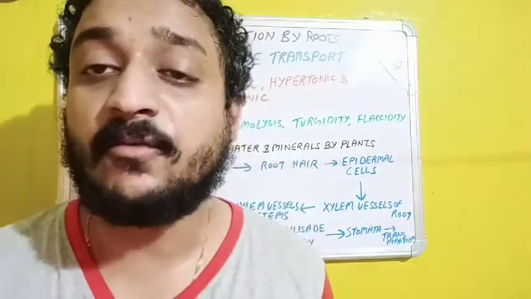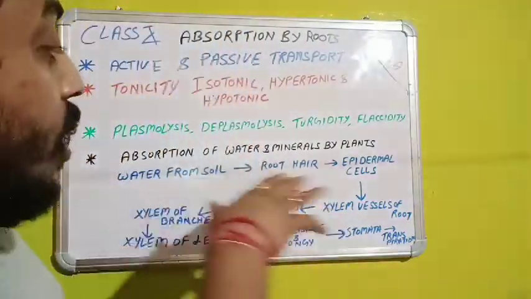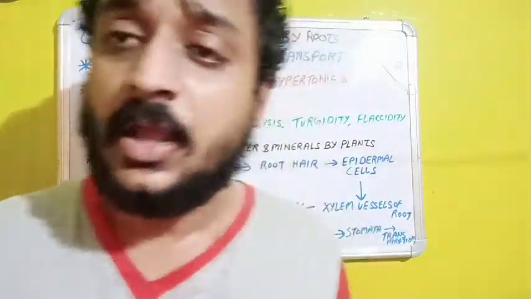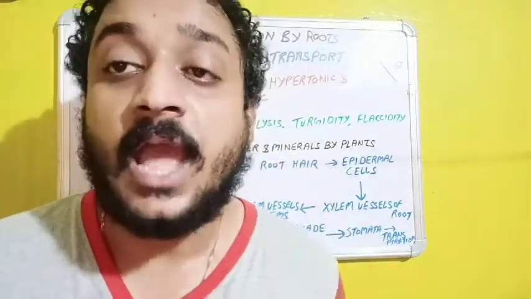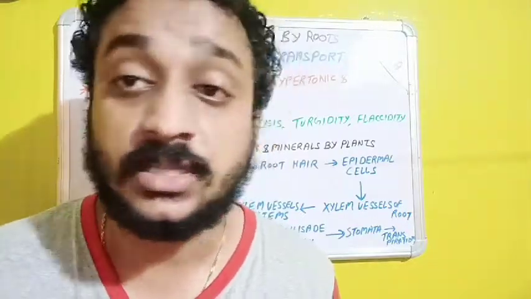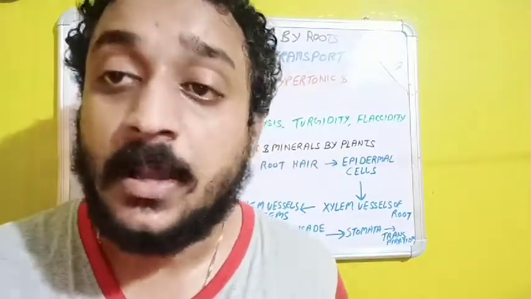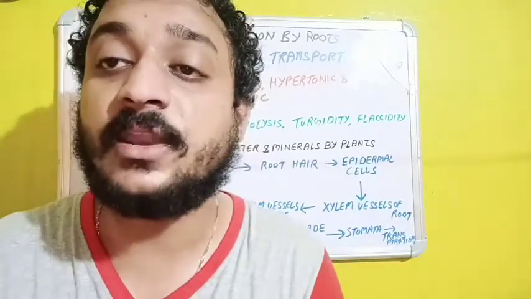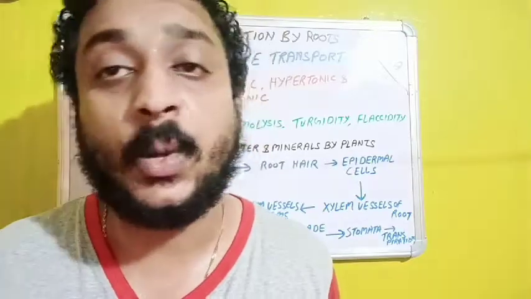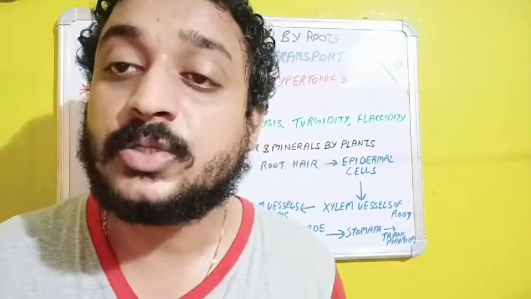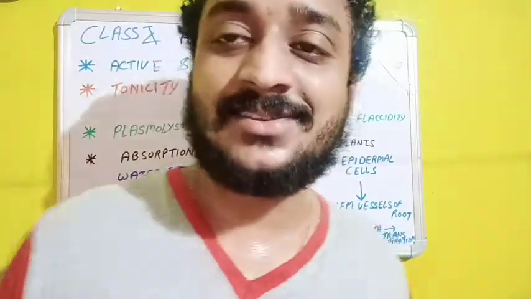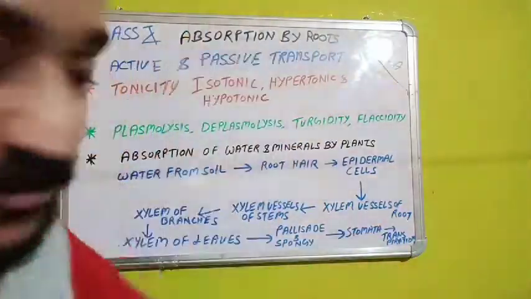And apart from that, we will also learn this flow chart, how absorption of water and minerals is done by the roots. And then we will also learn today about the root pressure, and we will see the cohesive and adhesive force, how they are working for the plants, and how the water moves with the cohesive and adhesive force in terms of movement of the minerals. Now, let us start today's proceedings, and we will start from the active transport.